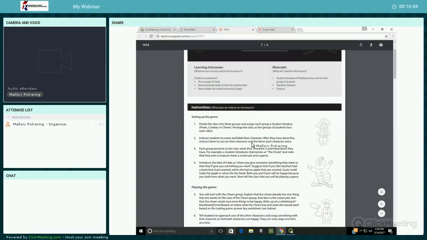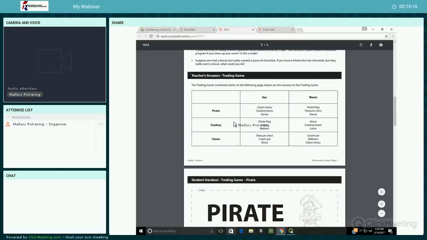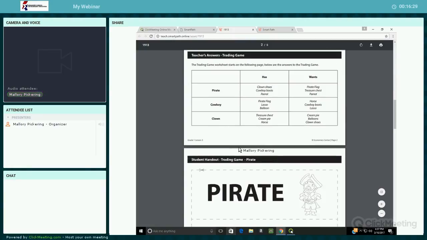So it says you'll divide the class into 3 groups: pirate, cowboy, or clown. And so here's what this is like. The pirate will have these things, cowboy has these things, clown has these things. Obviously, the clown doesn't need the treasure chest. That goes with the pirate. So they each have